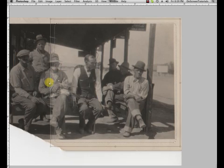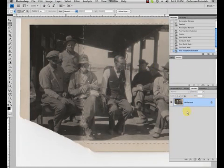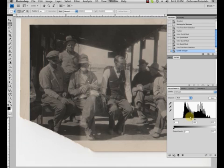Transform this selection right now, and I think we'll do the same thing with the levels adjustment. And since we have our selection here, somehow I deselected, go up here, adjustment layer, levels, and